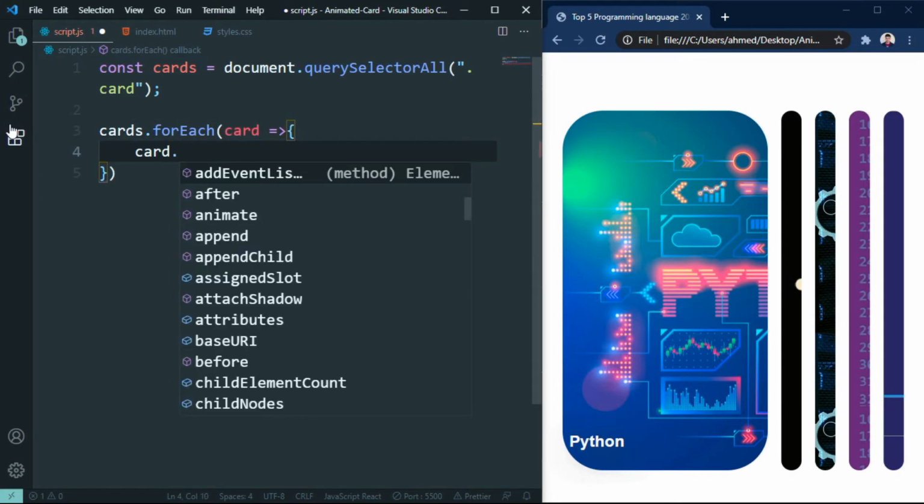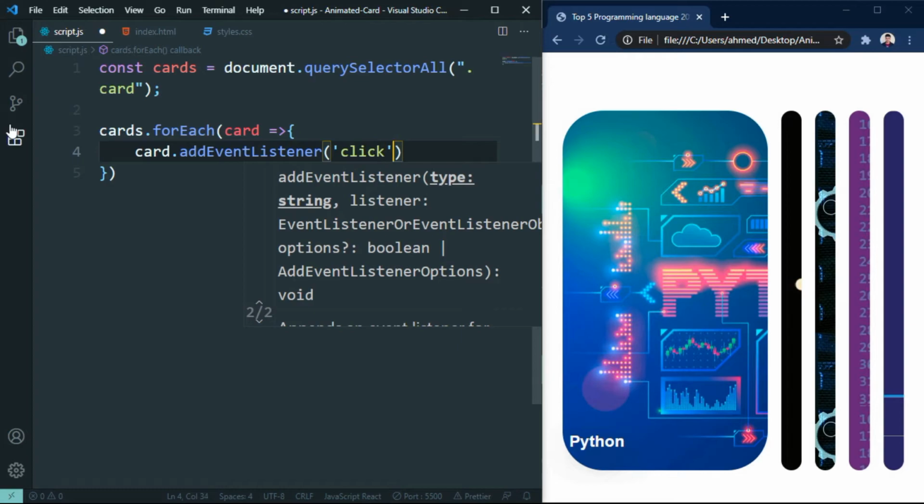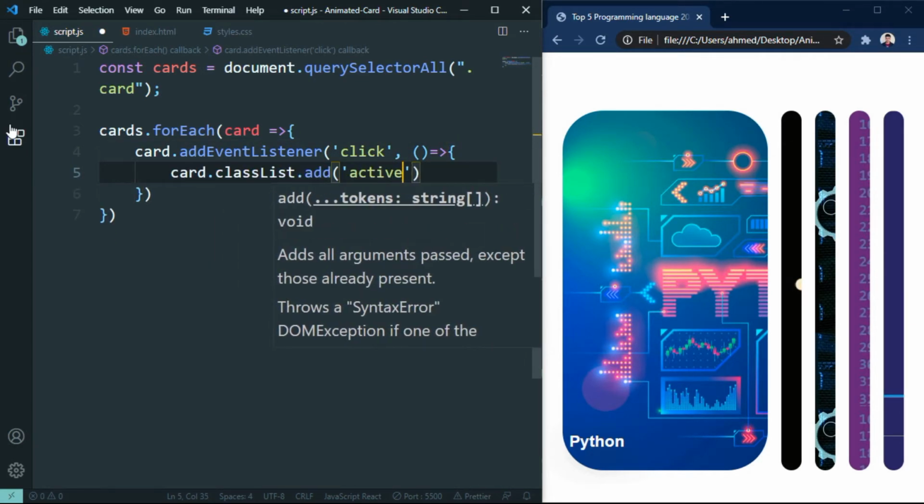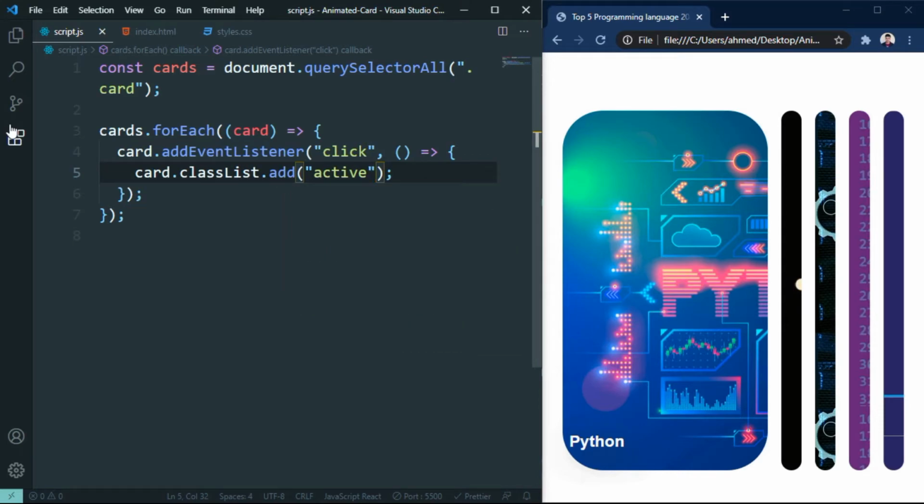So add an event listener on all of the cards. It goes to a function that's card.classList.add. So we need to add a class name which is active, because we have an active class in the CSS. So this active class will be triggered when you click any card. And the active class we have written earlier in the CSS will be expanded with flex 5. So let's save it. So when I click it,